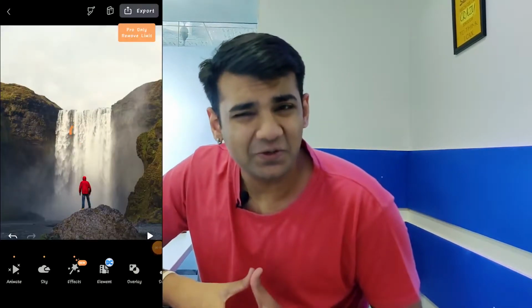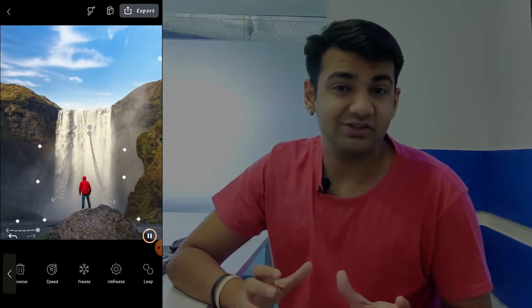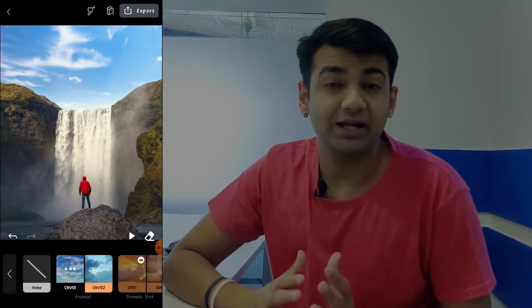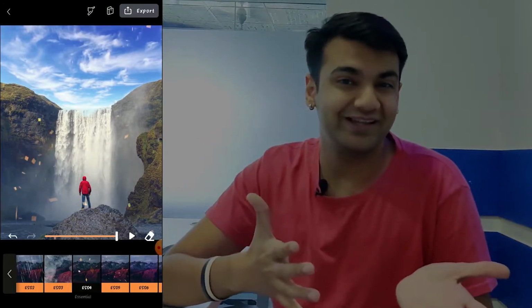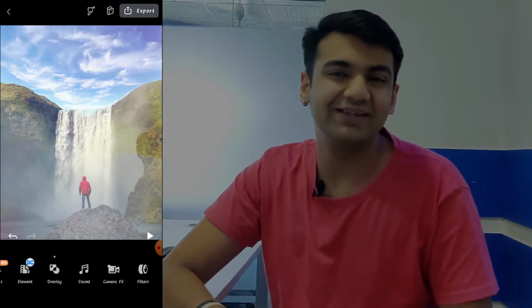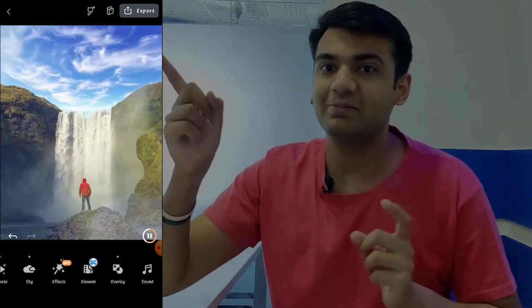So you can create a lot of things inside the photo. You can make any particular section of the photo move and dynamic. You can add skies or textures or a lot of other things. There are other elements also that you can add, like butterflies, or you can add money if you want. And also you can burst bubbles if that's something you would like to do.